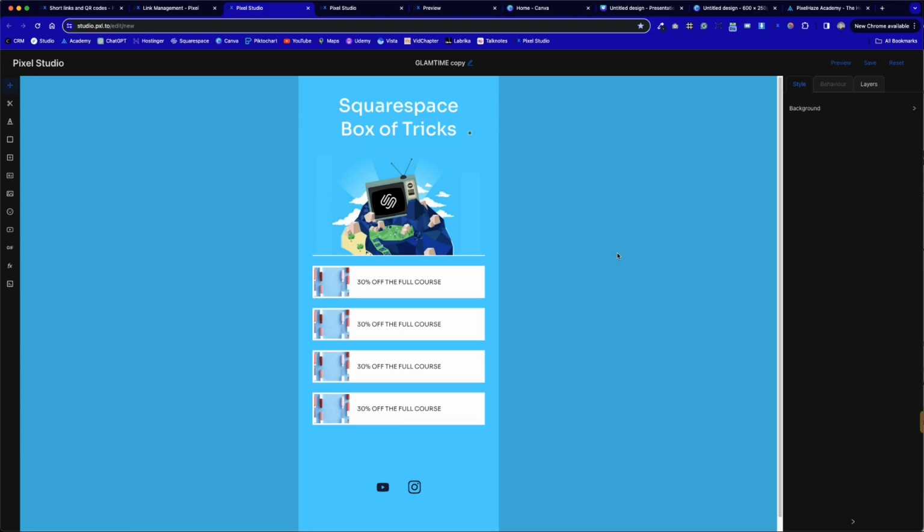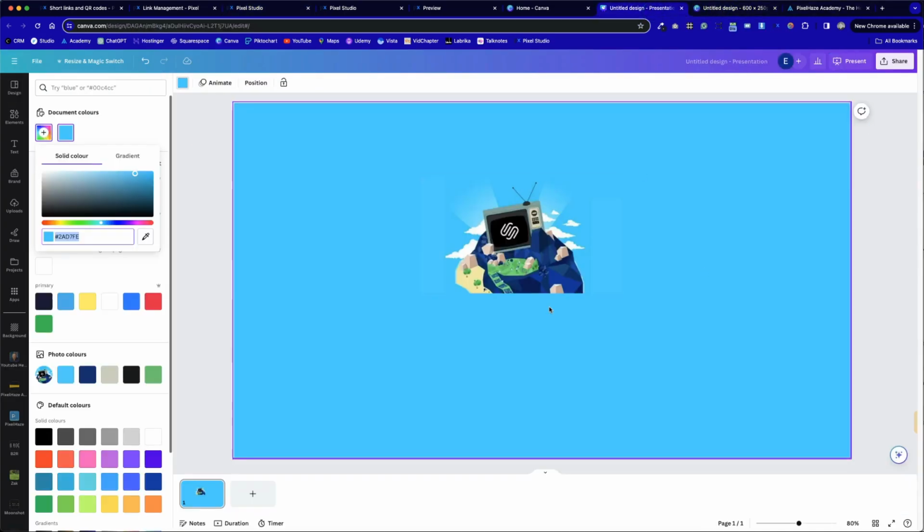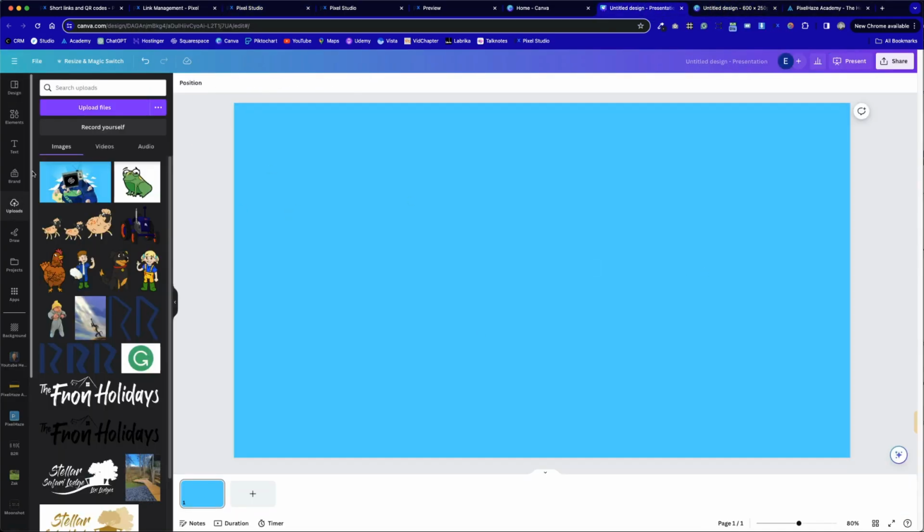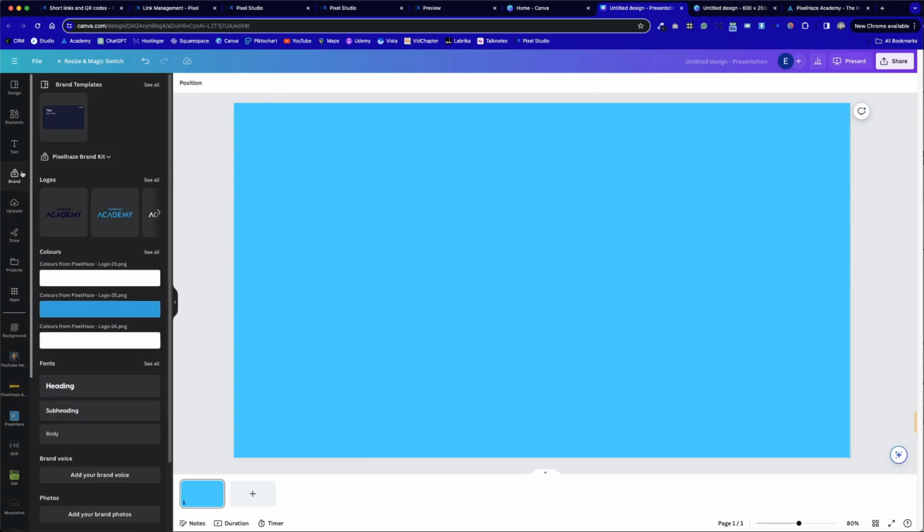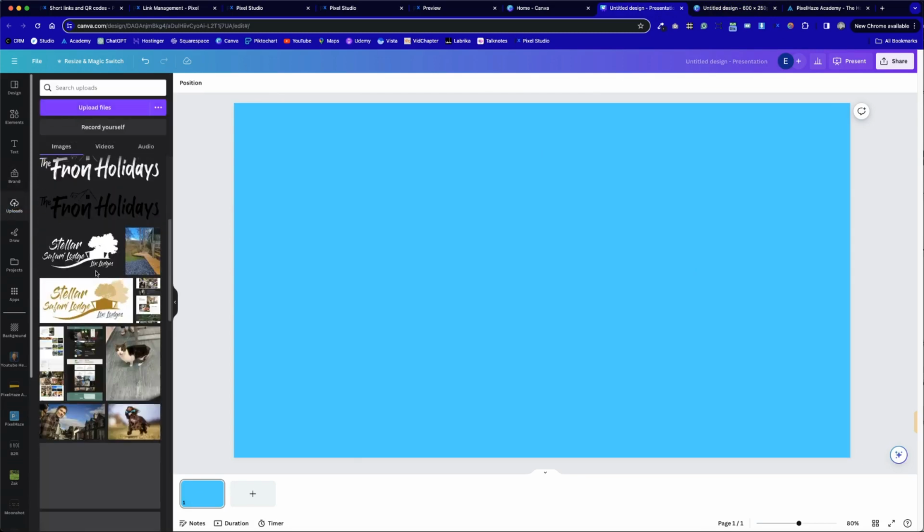But because the main focus of this particular tutorial was to look at the background images, we're going to jump back over to Canva and add some more elements that tie in with our island theme, just sitting off in the areas when we're viewing on desktop view, so it all ties into the same overarching theme. We can now remove this island because we've got the background color to match, and we're going to go to Uploads,